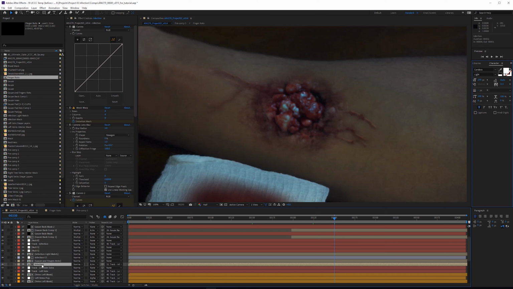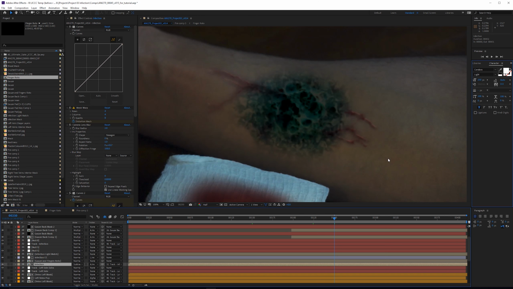In After Effects, what you want to do is select the layer, hold down the Shift key, and then you can use the minus or plus sign on your keyboard to cycle through blending modes quickly. This is something that I use all the time now, and it's much faster than trying to go one by one and trying to find a suitable blending mode.